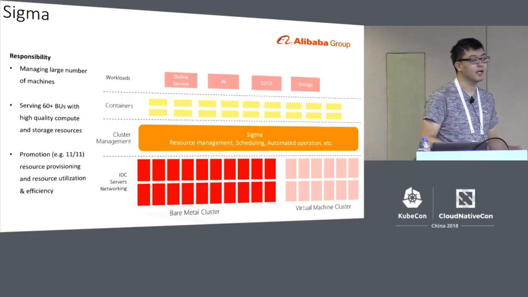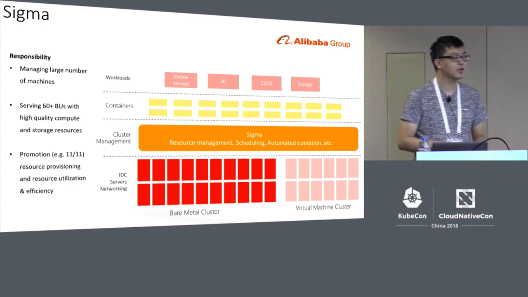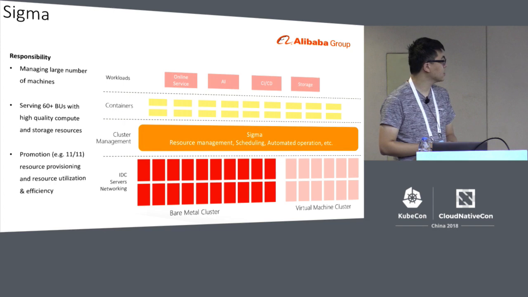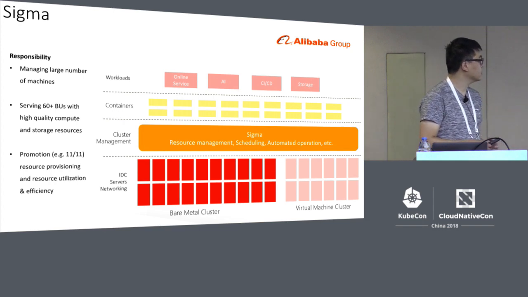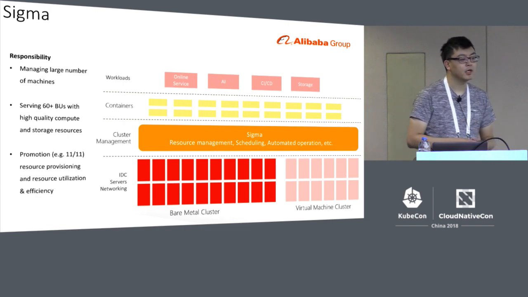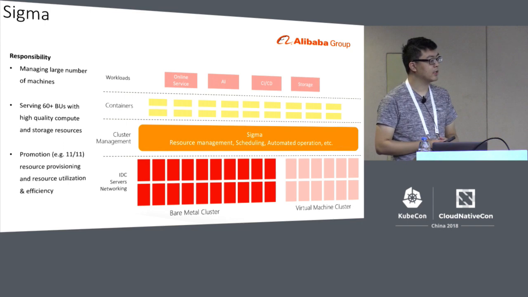And we have the following responsibilities. First is to manage a large number of machines and all kinds of resources, including computing resources and physical and virtual resources, maybe virtual resources that are in the cloud, and other interfaces. Sigma also schedules these resources when users request to use them, and we also do the maintenance and strengthening work.